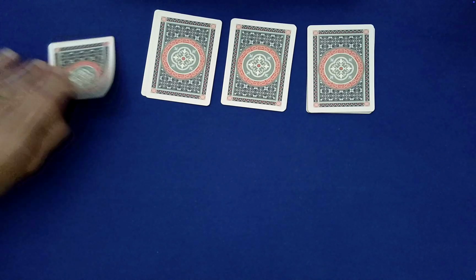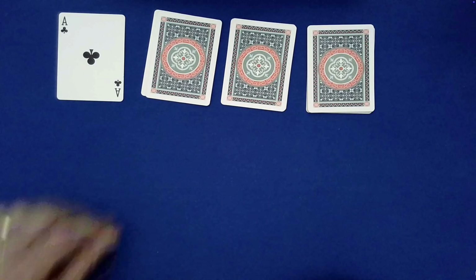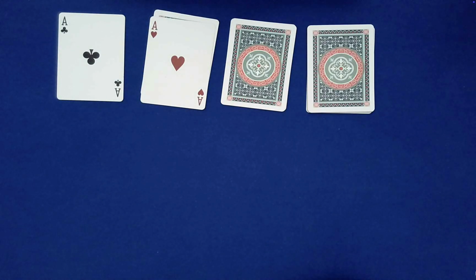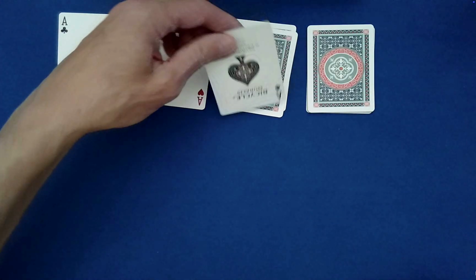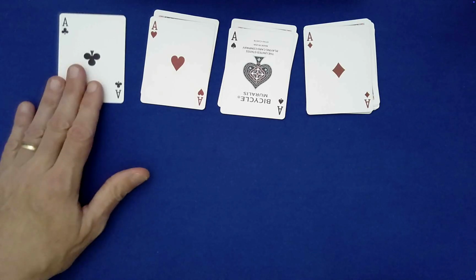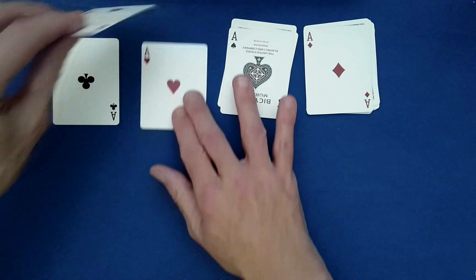Well, let's see what this card is to begin. Oh, that's nice. Ace of clubs. I don't know what the chances of that are. No flippin' way. An ace of hearts? An ace of spades? You've got to be... An ace of diamonds. How in the world did we do that? An ace of hearts and a...